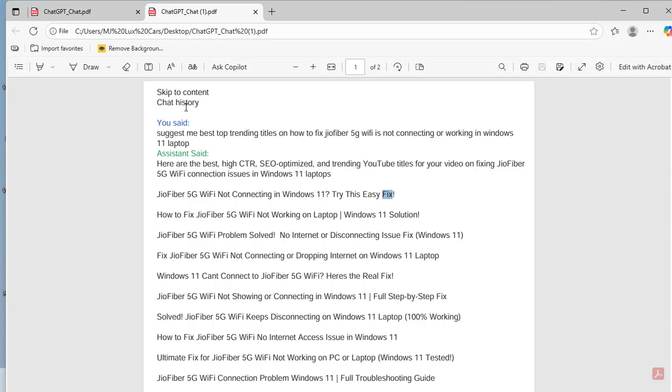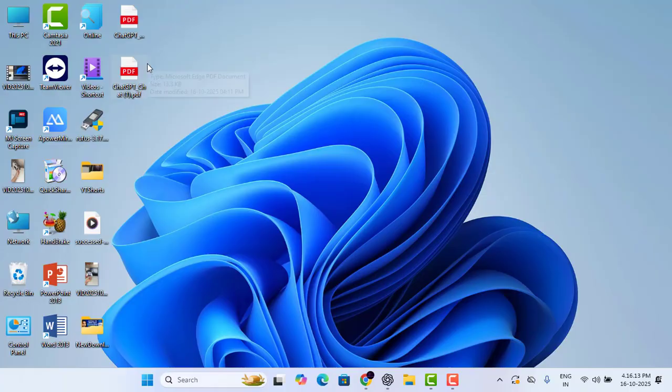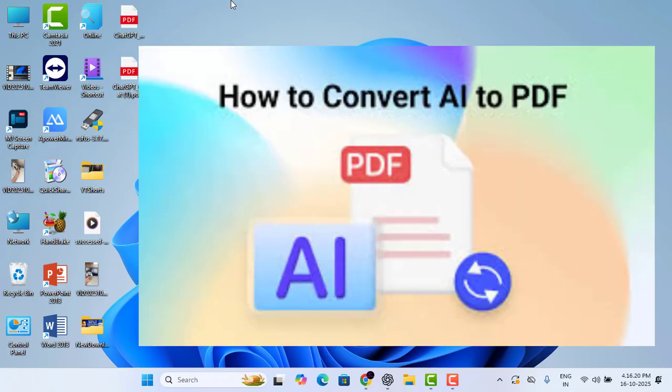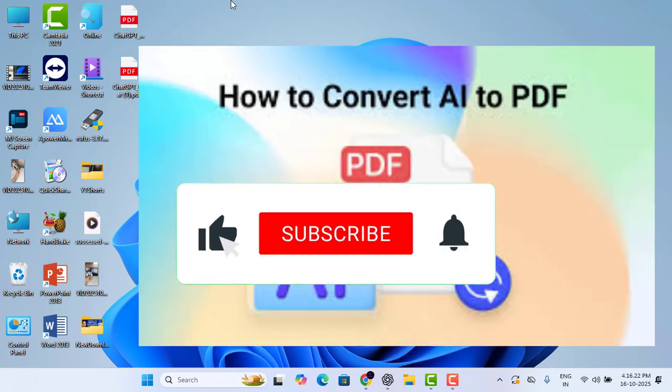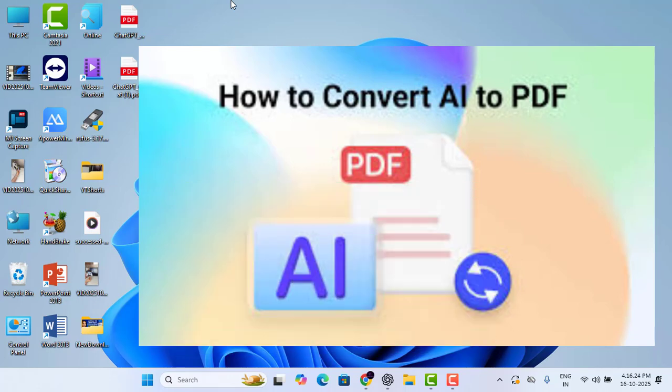So guys, this tool isn't just for developers or techies. It's useful for everyone: students, data analysts, teachers, even content creators who want clean chart visuals for presentations. Basically, anyone working with AI-generated visuals can use this tool. So that's it guys, this is a very useful tool that you can use. It's a free, secure and instant converter for all your AI charts and visuals. Try it out right now, and I have dropped the link in the description below.